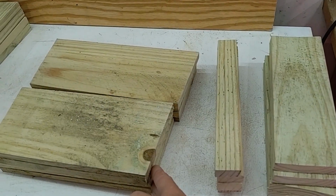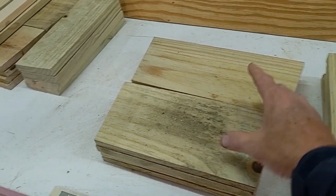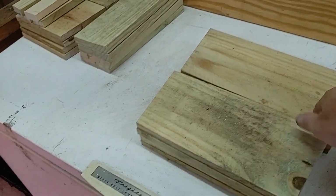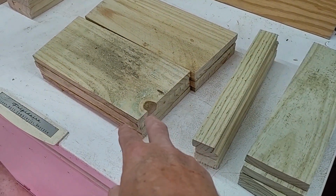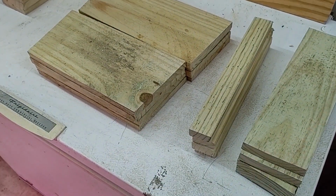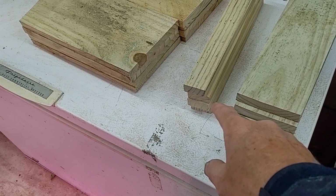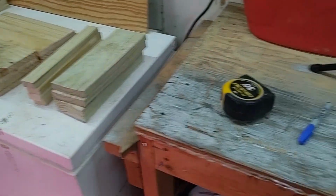You want to cut your 4 sides, which is going to be 2 of the 4 of each size of the pickets, the side panels, and then 4 pieces of the short trim, the 1x2s, and then 4 pieces of the 1x4s. Tools you'll need: